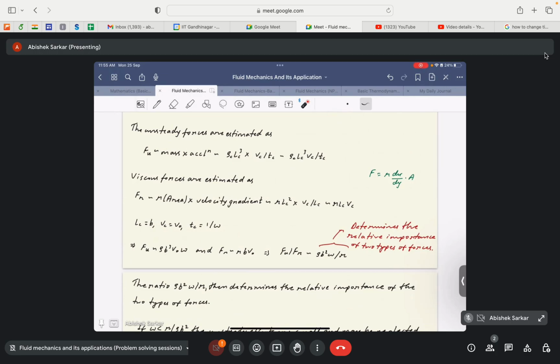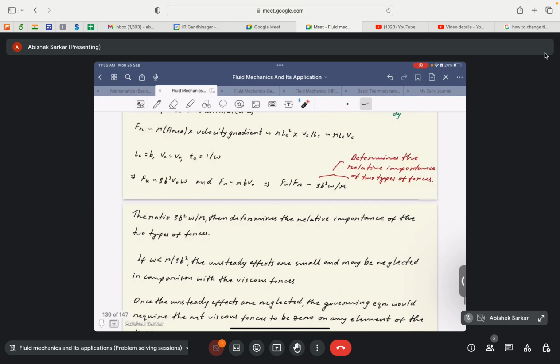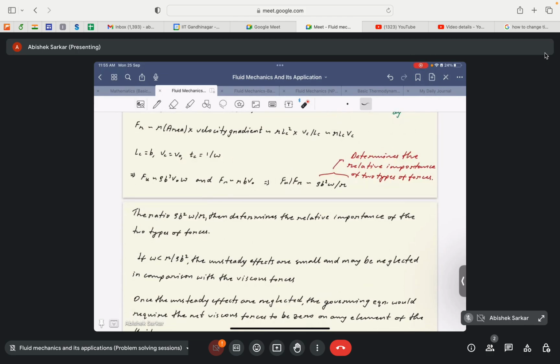Okay, so now we get that the unsteady force term now scales as rho b cube v naught omega, and the viscous term scales as mu b v naught. So now the ratio of the unsteady force to the viscous force gives rho b square omega by mu, and this determines the relative importance of the two types of forces. Now you may ask, why are we scaling only these two forces? So the thing is that